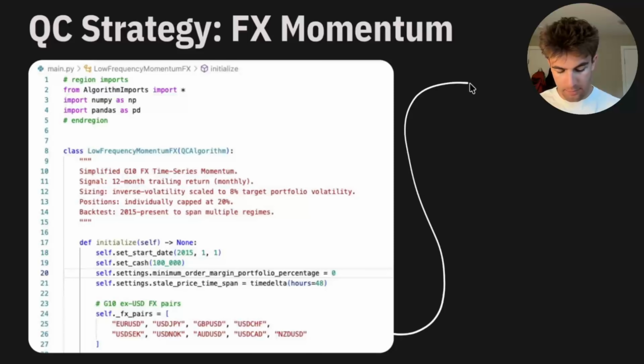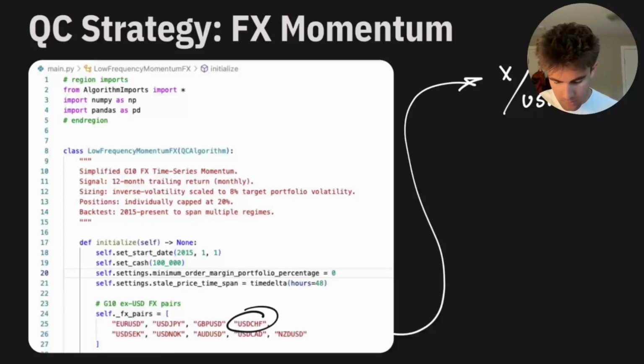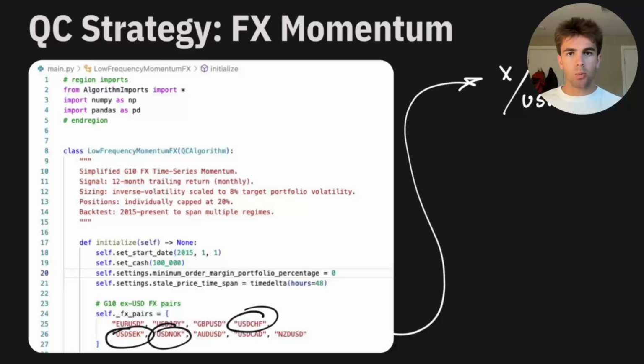But as we can see, when it does go in a down period, it drops pretty sharply. So here we can see the FX pairs that were chosen for this strategy. This may also have been part of the issue. It was supposed to only be pairs that were against USD, and we did end up having some pairs in here that are USD first, which would have the opposite effect on the strategy, especially if it's designed to only be trading pairs that are against USD, because obviously these pairs are going to be inverse if the USD is the driving factor, and so it'll cancel out any large effect.